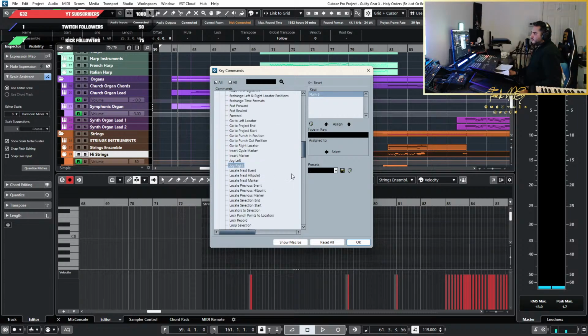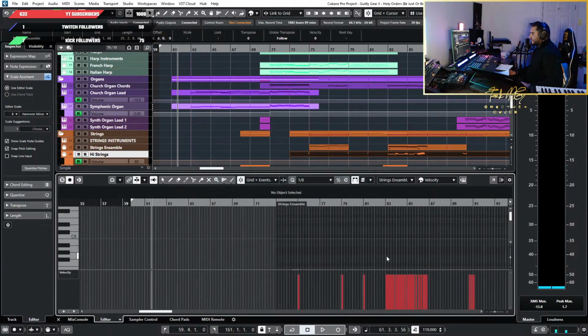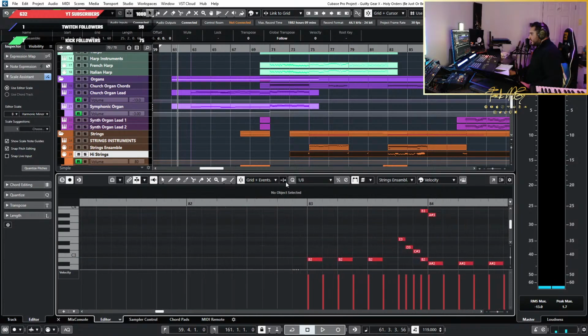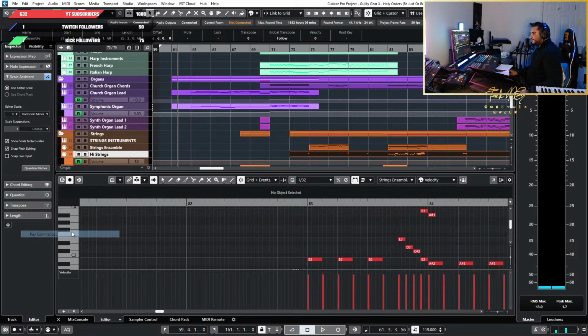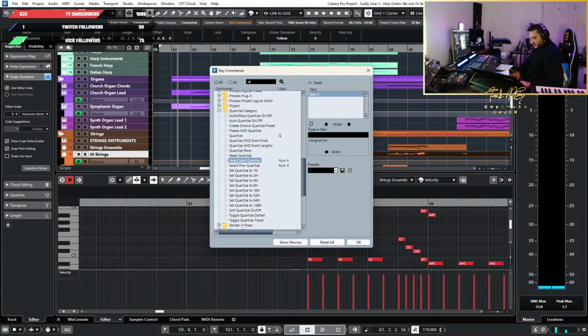And I've also added quantization last time, which means I can select, let's say I want to program something here, and I'm on 8th note, and I want to change the quantization. I can just do it on the fly. I've done that same thing. You just search for the quantization option here, Quantize. I think this here it is. Select next quantize, select previous. So I put it in num 5 and num 4 because normally these don't have anything assigned to them that is serious, other than, I think, what this was originally, the num 5 and num 4 and all of the numpad,